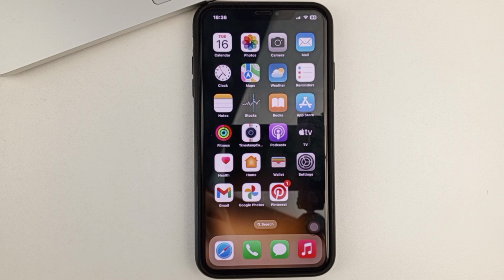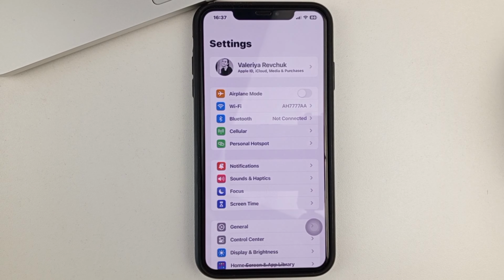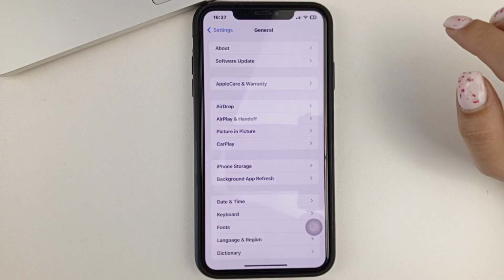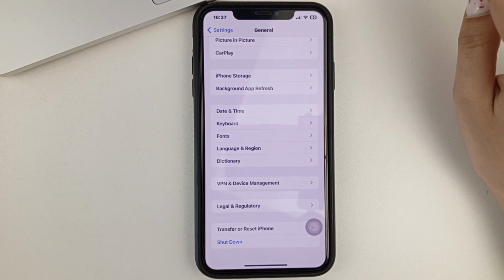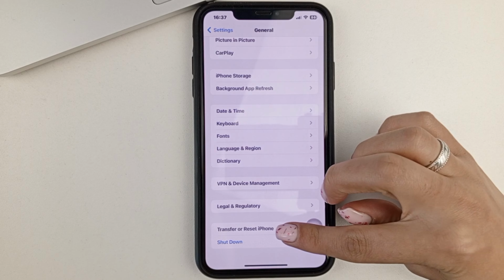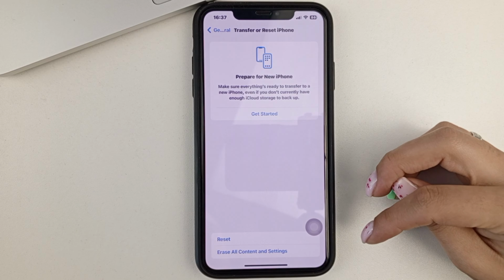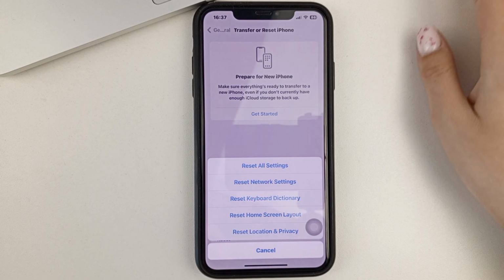defaults. And let's get started. So, first of all, you and I are going to open the phone settings. Here, after scrolling a little bit, we'll go to General. And then at the bottom, we'll find Transfer or Reset iPhone. And down here at the bottom, we'll also see Reset. By clicking on it,